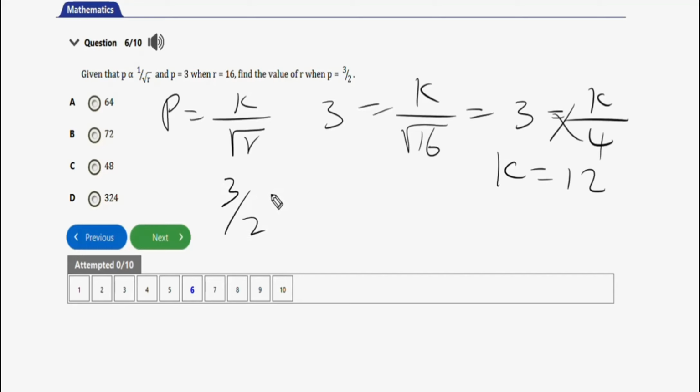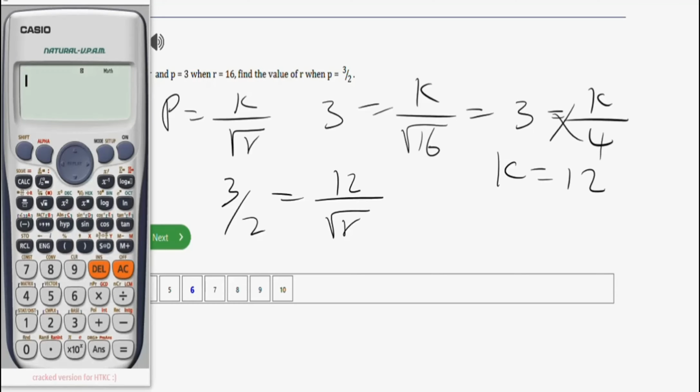Looking for r equals, our k is 12 over square root of r. At this juncture, let's bring a calculator and finish this solution. Let's solve this with the calculator. So let's say first, shift button 9, follow instructions, press 3, press equal to, and press equal to again. So we now have in fraction 3 over 2,